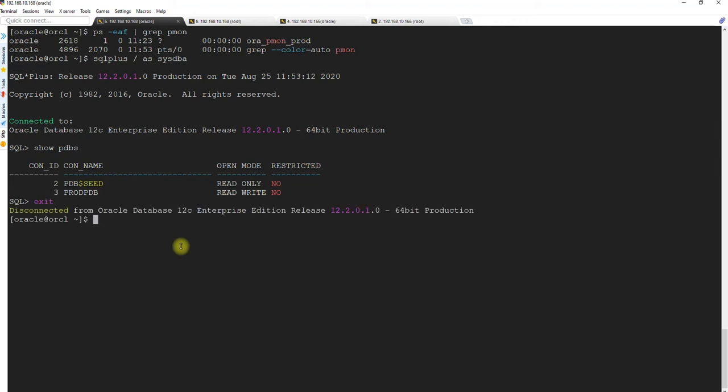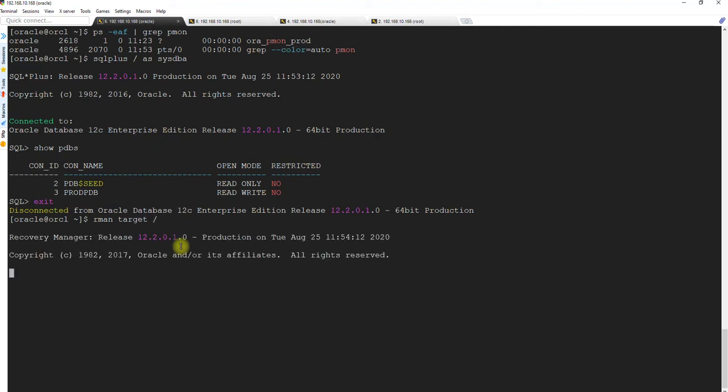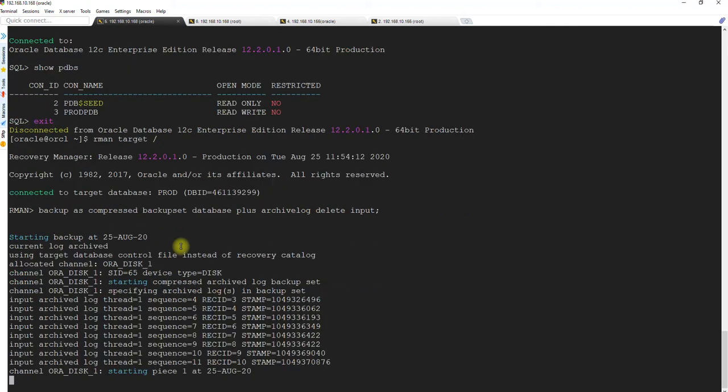So let's exit out of this and say rman target slash, and we will take the compressed backupset database plus archivelog delete input. Okay, let's wait for the backup to be completed.